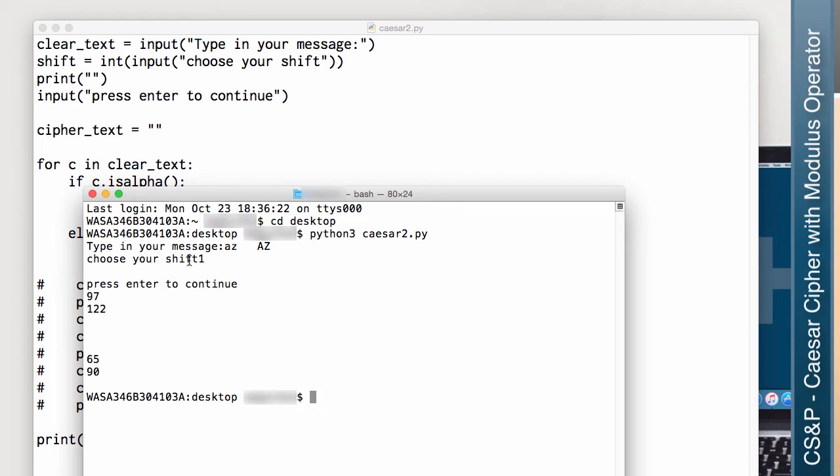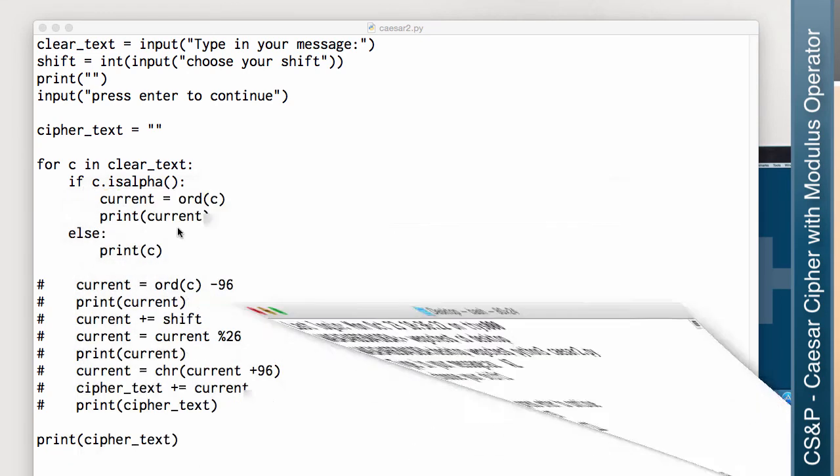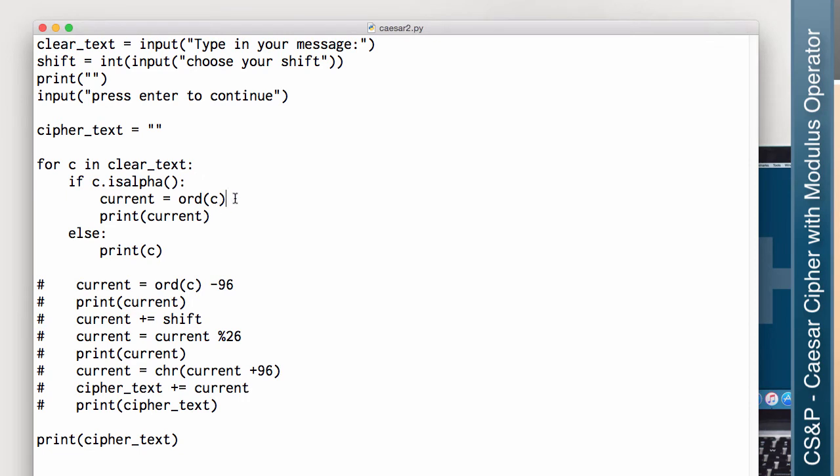Because we told it to only convert things that are alpha characters, now we could do something a little different. We could say that if the value is less than 90, then it's going to know, basically, that it's a capital. And if it's more than 90, then it's going to know that it's lowercase. And if it's not an alpha character, it's not going to matter anyways because it won't be triggered by this stuff. So now what we can do is we can say,